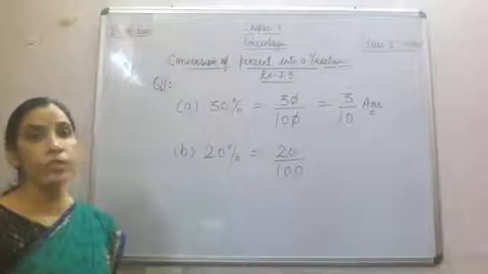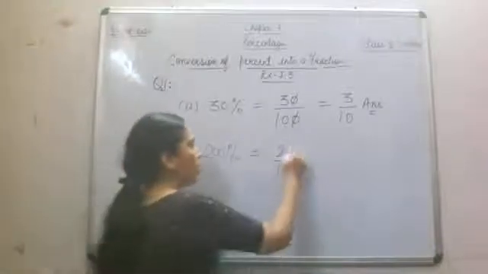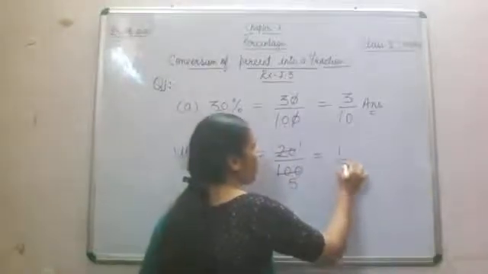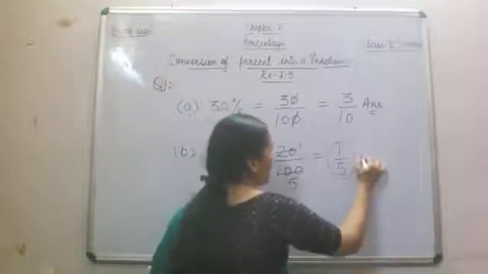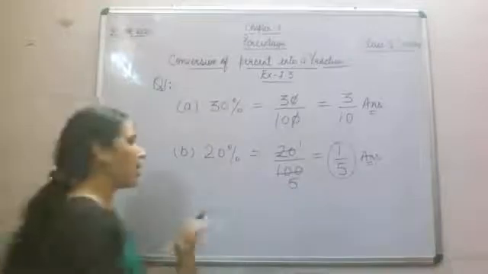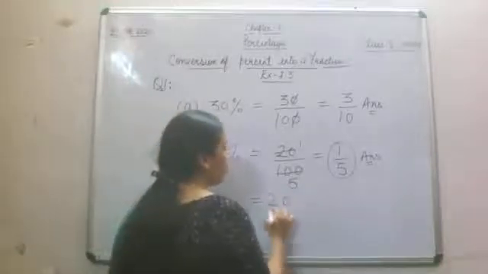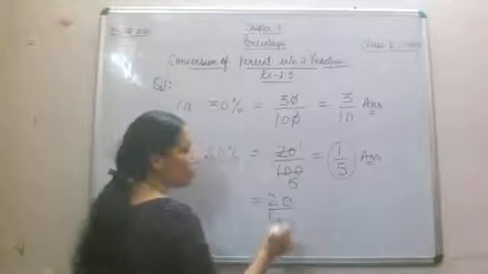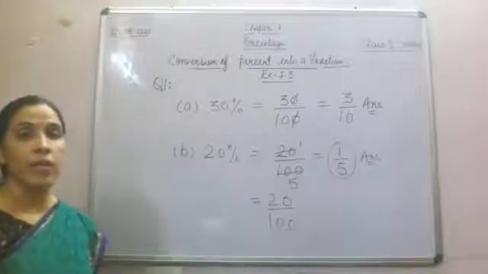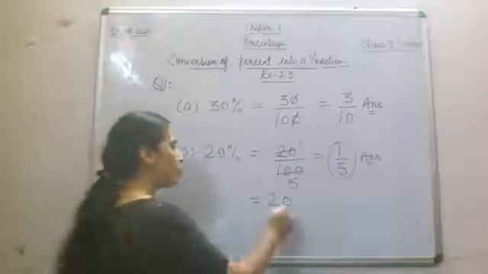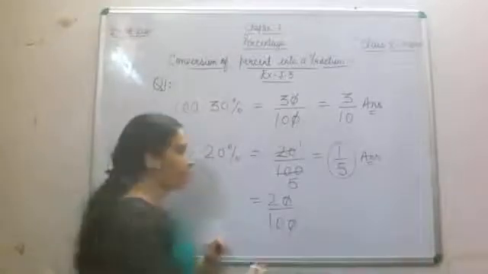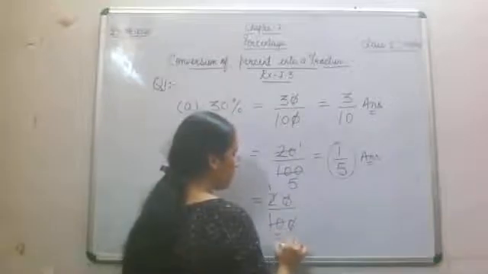Now you can reduce this? Yes. Because in the table of 2s and 5s, it will become 1 by 5 as an answer. And if somebody says that I don't know the table of 20, I have not learned it, you can reduce with the table of 10 also. 10 2s are 20 and 10 10s are 100. If you do not know the table of 10, then you can cancel one 0 with the denominator, and I am very sure that you know the table of 2. So 2 1s are 2 and 2 5s are 10.